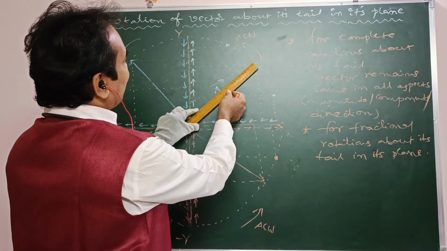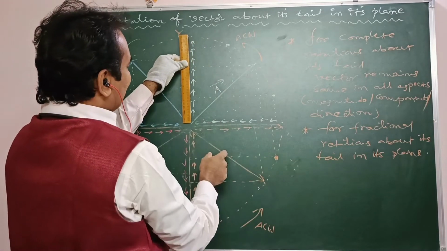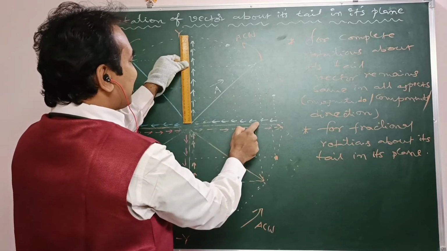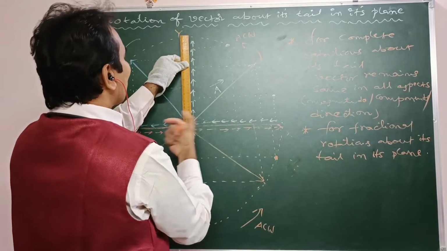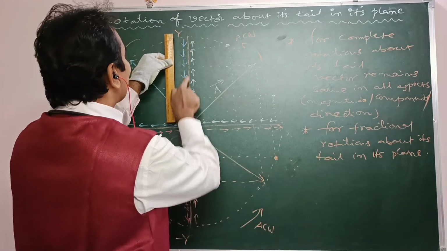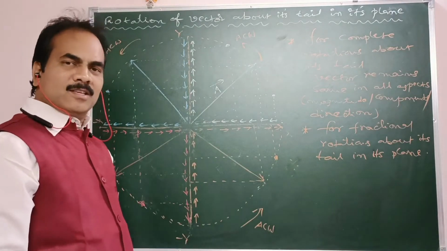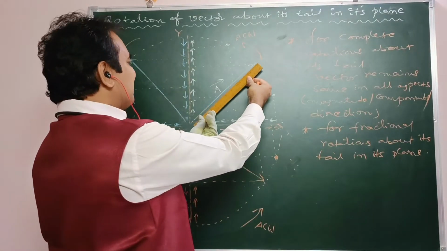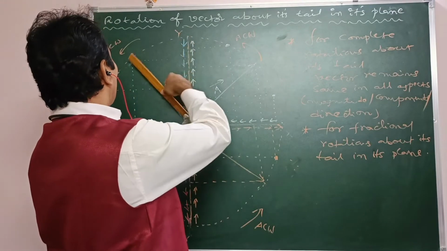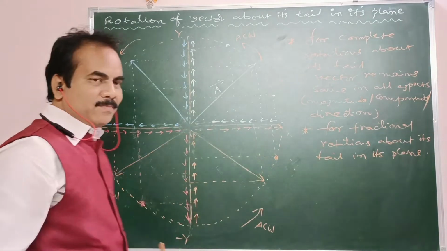See here, this is the initial vector, now this is the final vector. Means x component becomes 0. Initially from here to there, this is the x component. Now x component is 0. What about y component? Initially from here to there, this is the y component. Now from here to there, means components change, but total length remains same or not. Initially this is the total length. Now also this is the total length. Total length remains same.